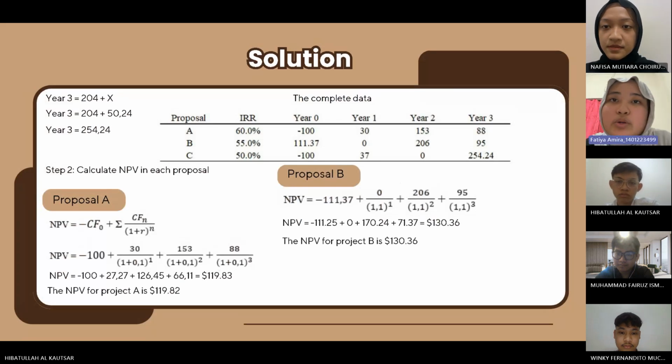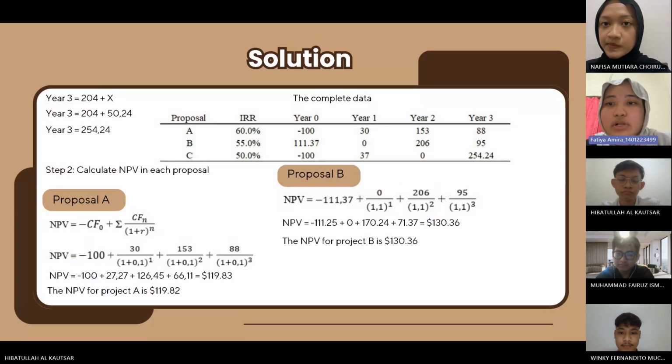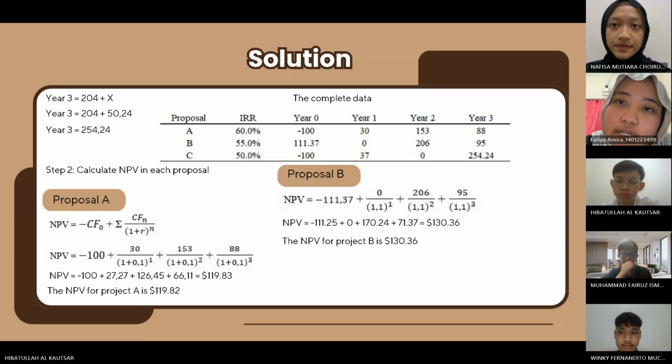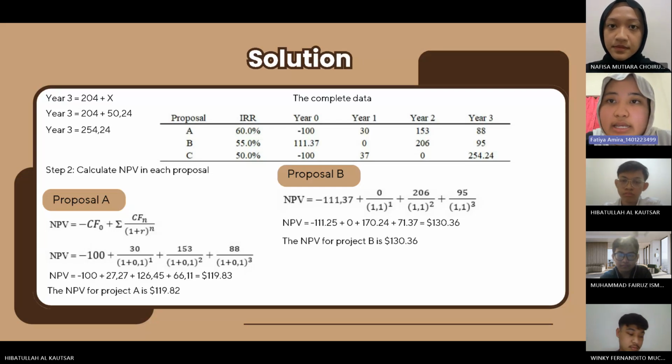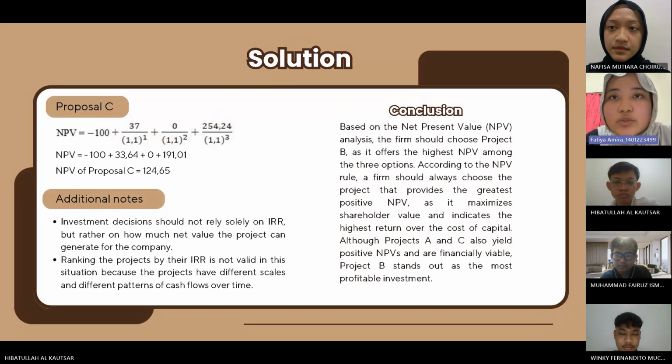And after calculating the additional salvage value, we know that the cash flow in year 3 of proposal C is 254.24. So we can complete the data in the table, and we can calculate the NPV of each proposal. For proposal A, the NPV is $119.82. For proposal B, the NPV is 130.36. Next. And last one, for proposal C, the NPV is